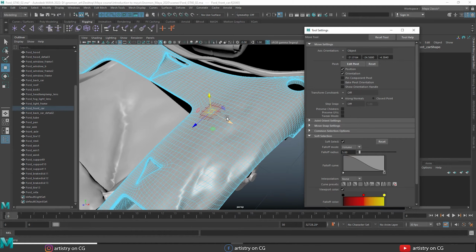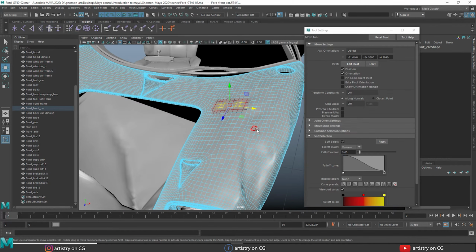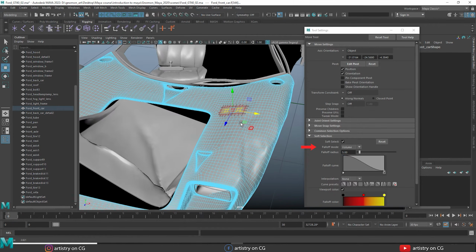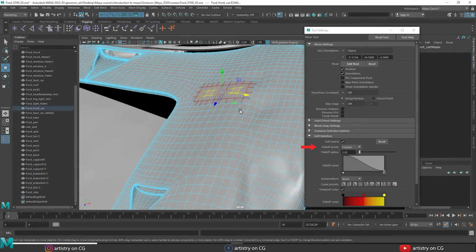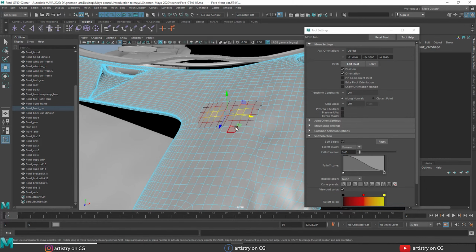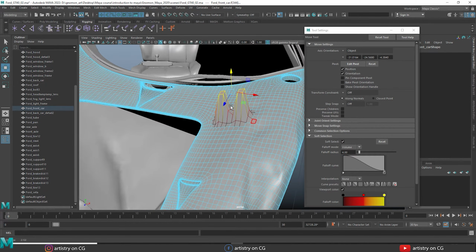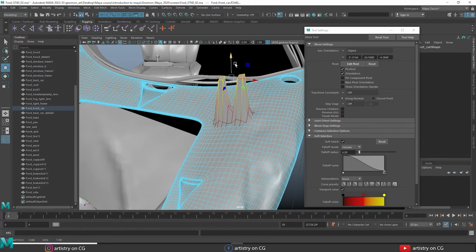Now here the falloff mode is very important. So this is the falloff mode. I set this to volume and select the face here. Now hold the shift key and select this face again. Now add some sharp falloff curve and drag this up here. Now if I select this face right here and increase my falloff radius, you can see this kind of effect when I move this around. Yes, this kind of interaction with radius.